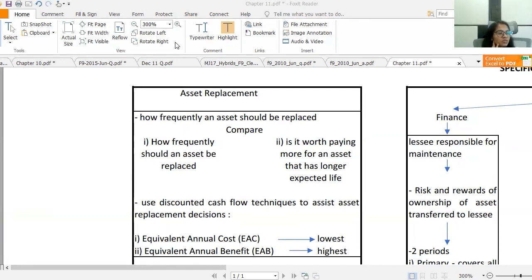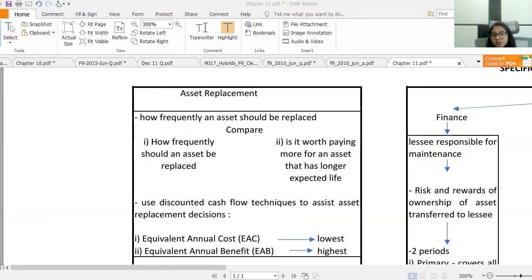So what you are doing in an asset replacement cycle, or you can also call it an asset replacement decision, is trying to find the best way to identify whether or not to hold the asset for a longer period or whether to sell and replace this asset. So how do you do it,